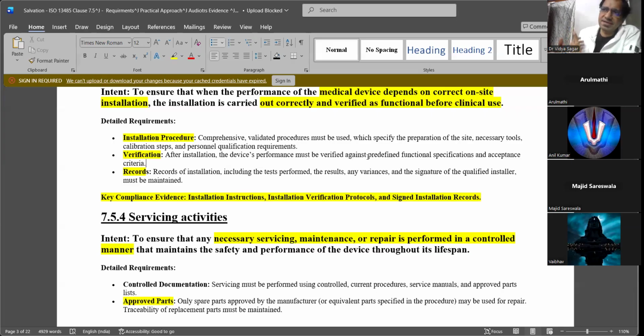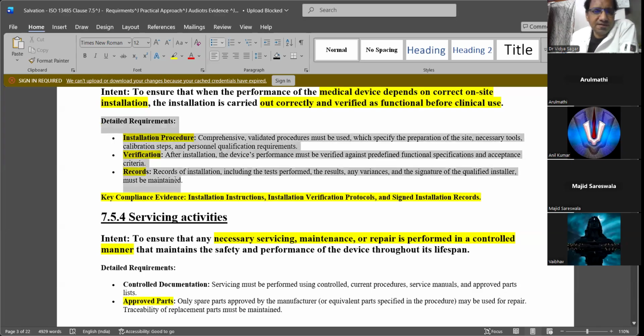It could be any validation, like we discussed some time back. It could be sterilization validation, packing validation, even clinical validation. Clinical validation is the clinical trial that we discussed in design and development. All this needs to be maintained in the records.